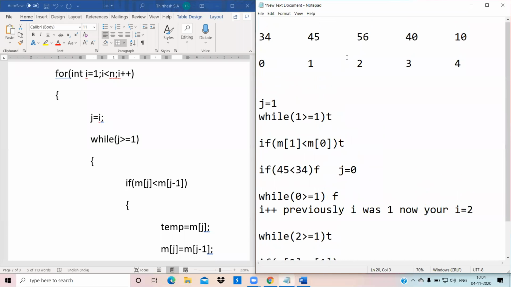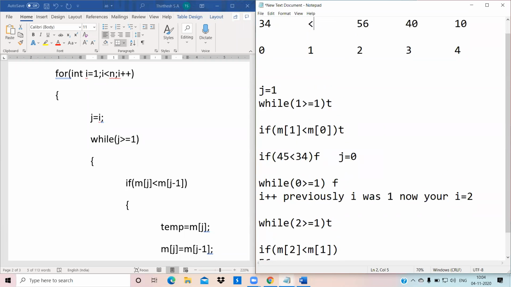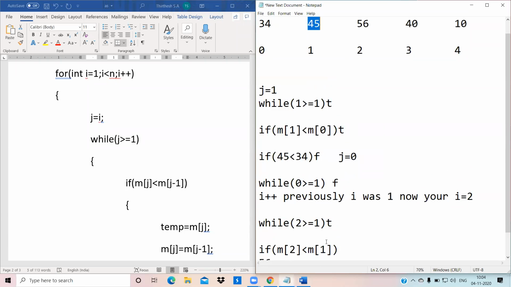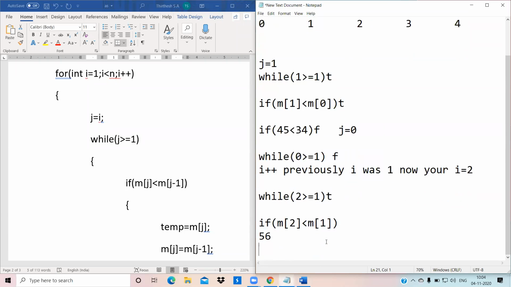Which means that 56 is less than 45. If 56 is less than 45, is it true or false? Again, it is false.